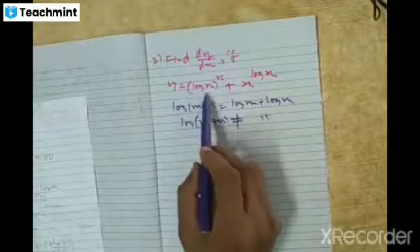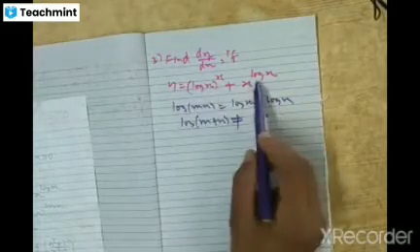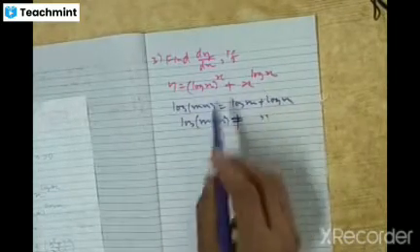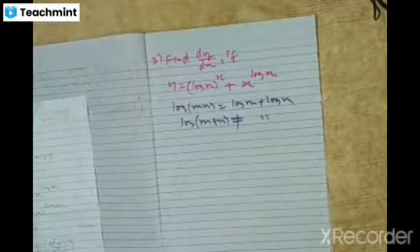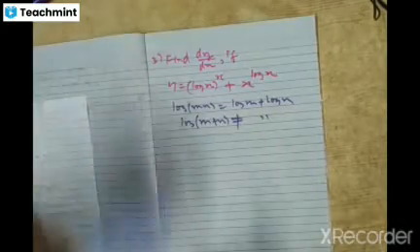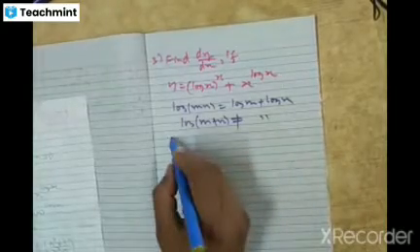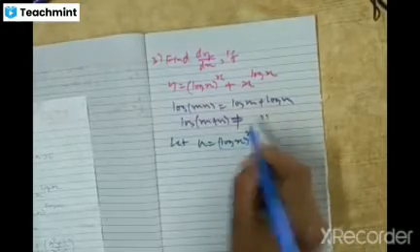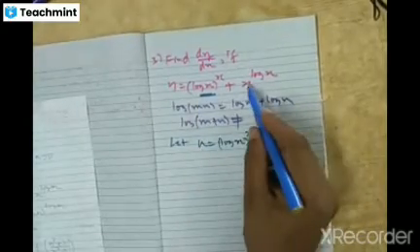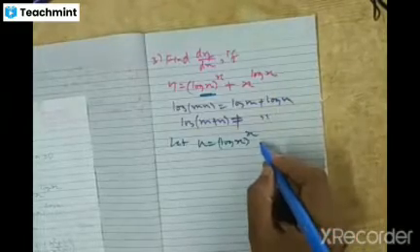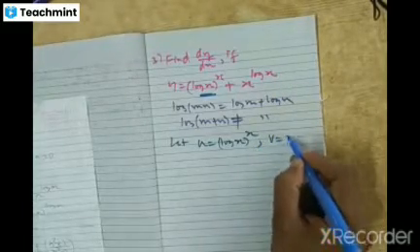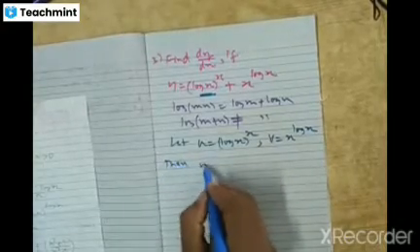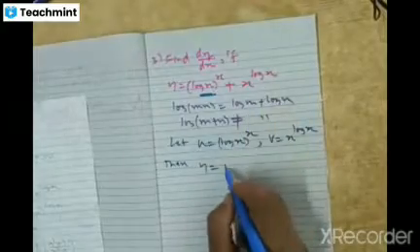First, I will take this function as u, this function as v. Okay. Then y becomes u plus v. Then we can find dy by dx. Okay. So let u be equal to log x whole per x. I have taken this as u. Next, I will take x per log x as v. V be equal to x per log x. Okay. Then the given function y becomes u plus v. Correct.